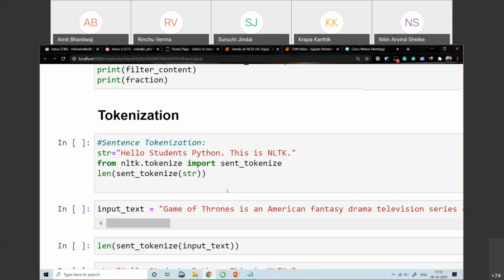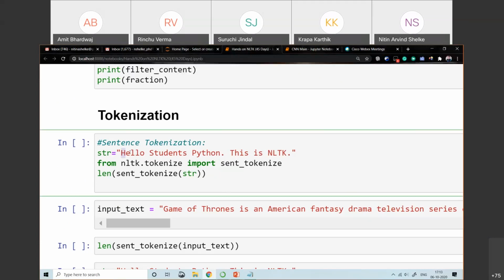Then we shifted to tokenization. Tokenization means breaking your text into sentences or words. Normally we prefer word tokenization, but for some applications you may go with sentence tokenization also. We discussed an example with one string: hello students Python, this is my one sentence, and the second sentence is this is NLTK, and this is the complete text.